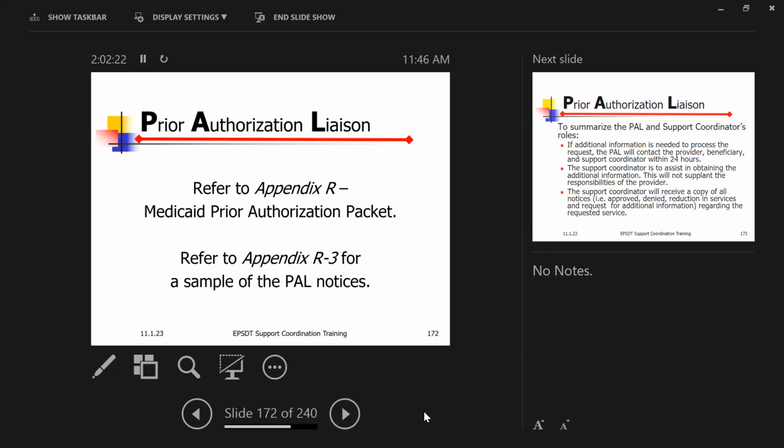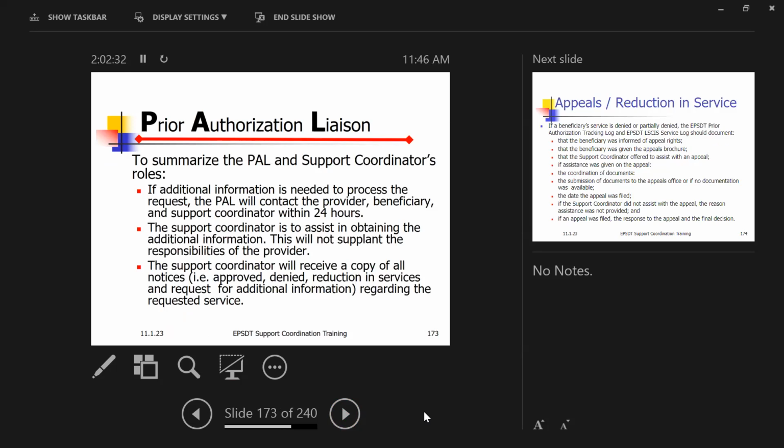And then we've got sample Medicaid prior authorization packets and samples of the PAL notices and Appendix R and R3. So to summarize the PAL and support coordinator's roles, if additional information is needed to process the request, the PAL